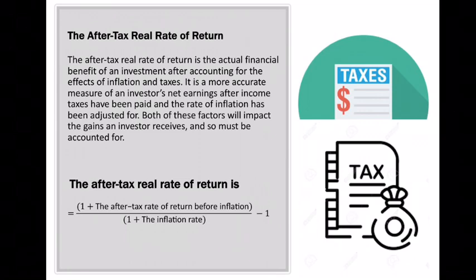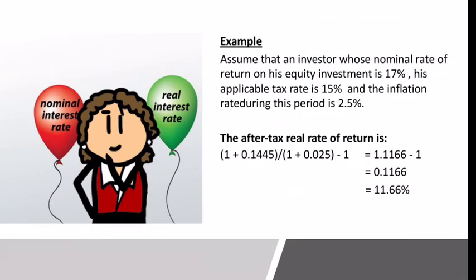To calculate the real rate of return after tax, divide 1 plus the after-tax return before inflation by 1 plus the inflation rate, and subtract 1 from the result. For example, assume an investor's nominal rate of return on his investment is 17%, his tax rate is 15%, and the inflation rate during this period is 2.5%. We will use the formula from the previous slide. So the after-tax real rate of return is